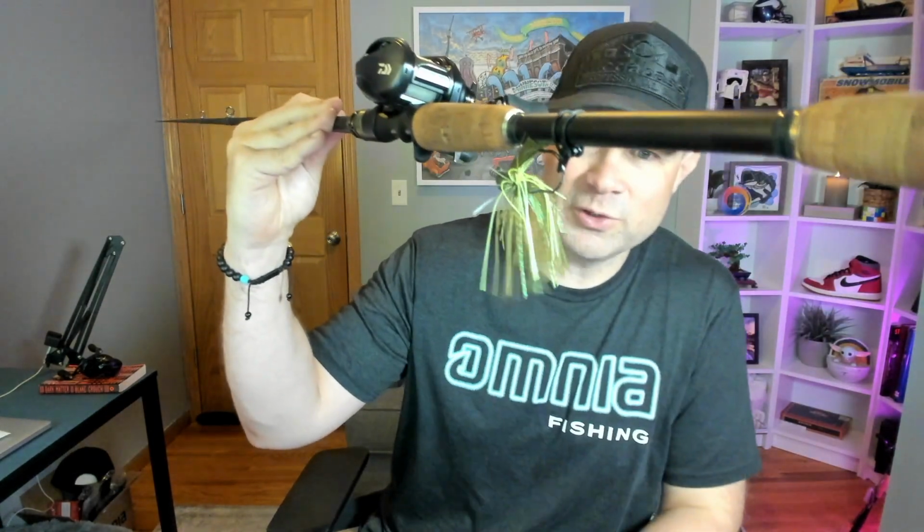feel it, and you get to see all the accent pieces up close and the amazing thread wrapping on all the guides and everything, then you start to notice, oh yeah, this thing is kind of a Ferrari. This thing is actually a $500 beautiful rod, but you got to get it in hand to kind of really see that. Obviously does not have a hook keeper, so I'm just running the Fuji hook keeper down the bottom,